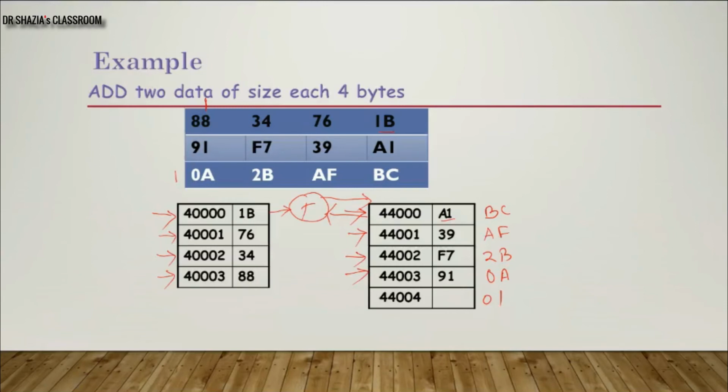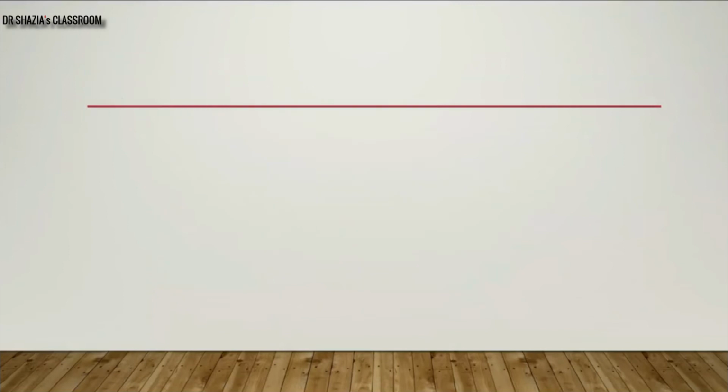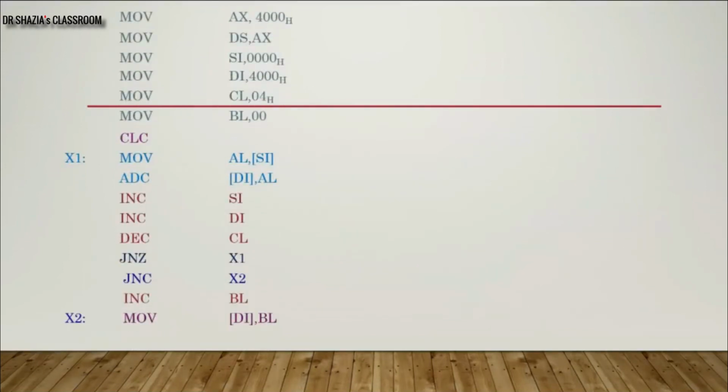So here, as it may happen when I'm adding 2 bytes of data, I may have generated a carry. So addition should be done with the help of the add with carry instruction. So I'll go to the programming part of this particular example. First of all, I have initialized the segment register. As the addresses are 40,000 and 44,000, I have taken my DS value as 4,000. So move AX comma 4000 and move DS comma AX,